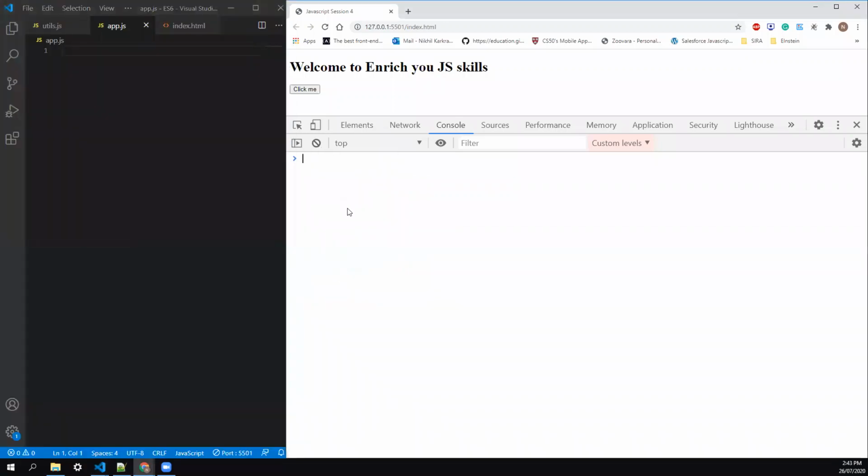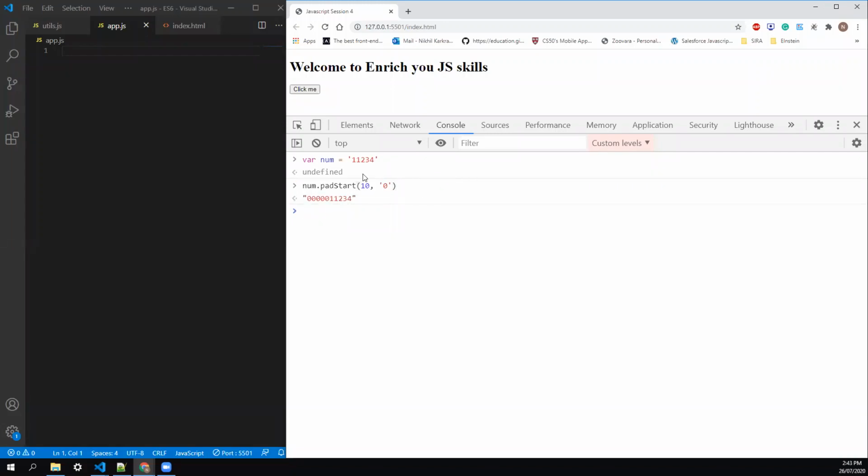I'll clear my console. Suppose I have a number. Pad start and pad end always work with strings. So I'll take a number in string format right now, and I'll say num dot pad start, and I want the length of my whole padding to be 10, and the second parameter is the pad string. What pad string does is append whatever you want. So if I say append 0 in front of all,